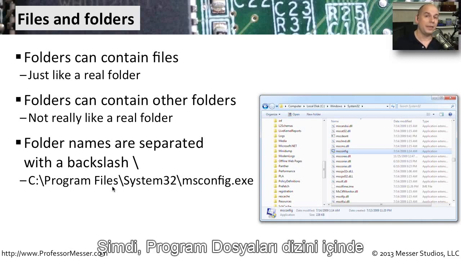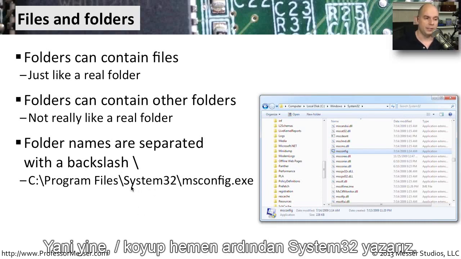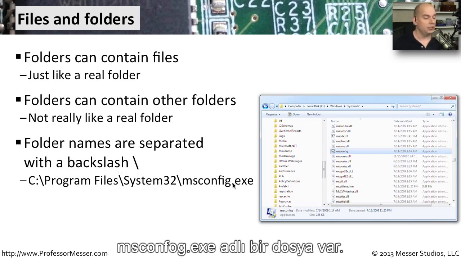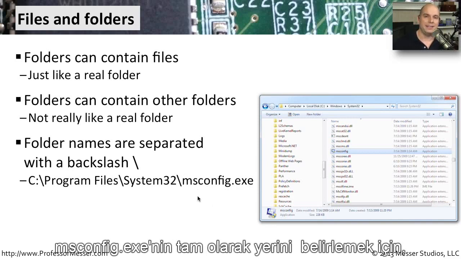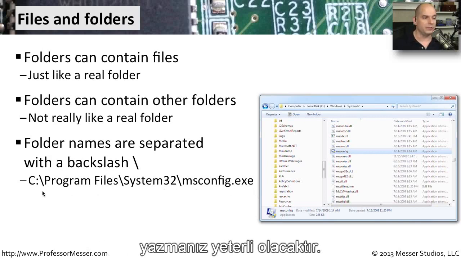Now there is a folder within the Program Files directory called System32. So again, we put a backslash and write System32. Within the System32 folder, there is a file called msconfig.exe, so we separate that again with a backslash and finally put the file name. So that's a full path. That is exactly where you would identify the location for the msconfig.exe by writing /program files /system32